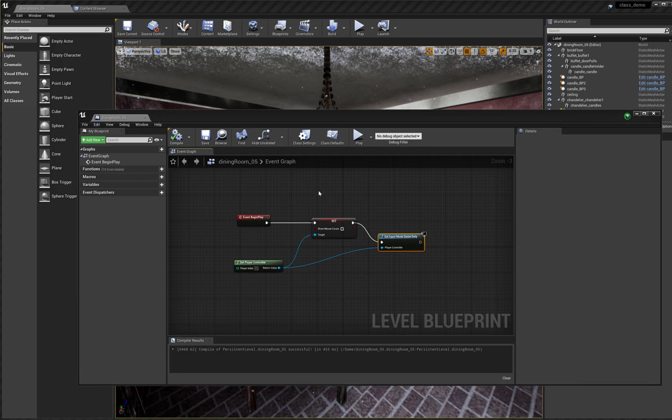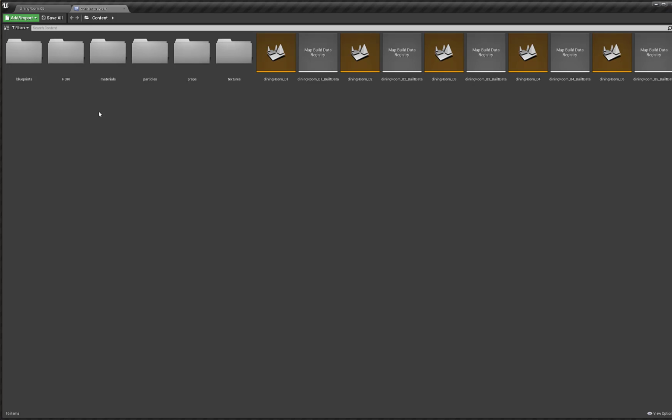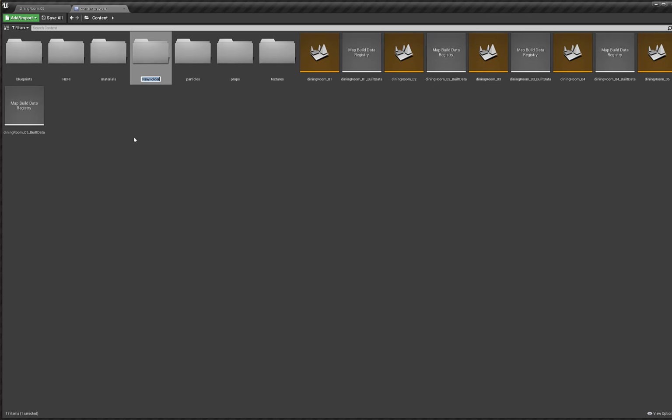Now that I've got these two really interesting nodes in my level, I'm going to go ahead and close the level editor. And over in my content browser, I'm going to do something new. You'll note that I've got all of these saved versions of my scene. They're not in a folder, but I can make a new folder. We'll call this